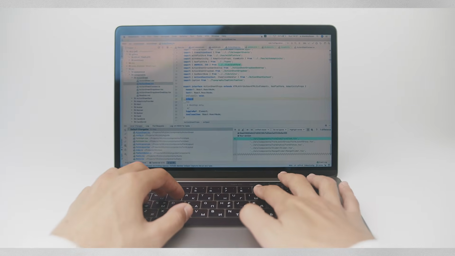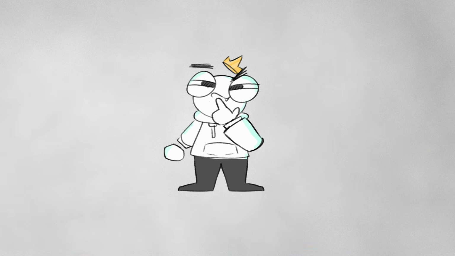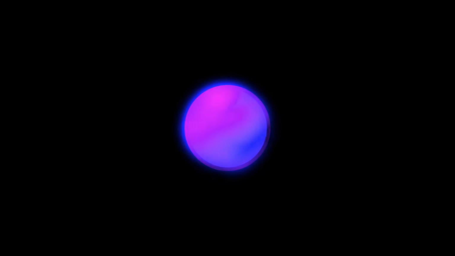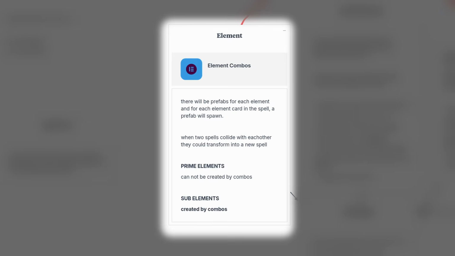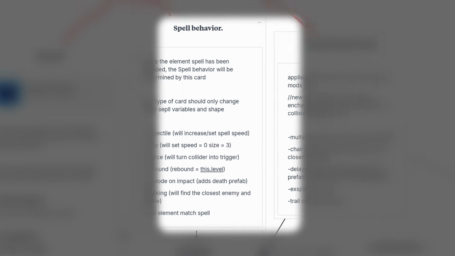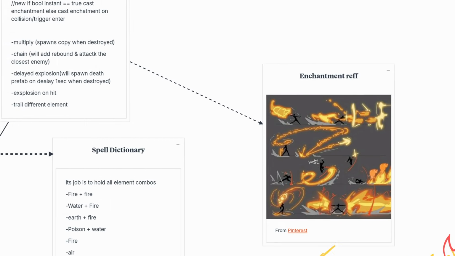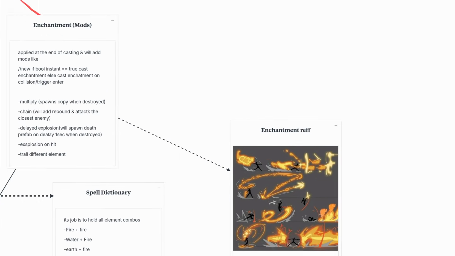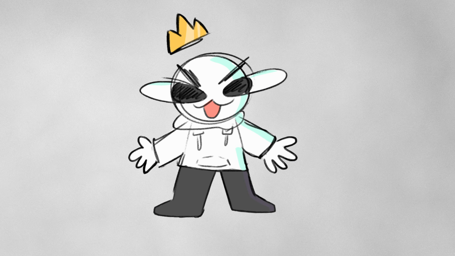Before touching any code, I stepped back and thought about what I actually wanted from the system. I wanted spells to be dynamic, and so did some of you guys. I wanted to be able to mix and match parts of a spell, like combining different elements with different behaviors and modifiers. So I came up with a new structure where every spell is made from 3 parts: elements, behaviors, and enchantments. Elements define what the spell is made of. Behaviors define what it does. And enchantments are used to add a little something extra to your spells. Basically, I want to be able to build spells out of components.